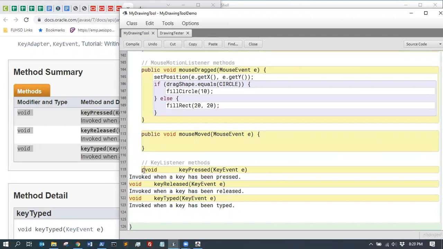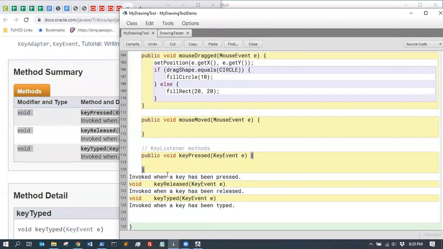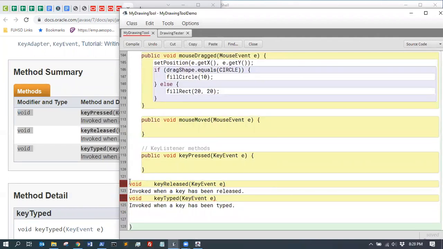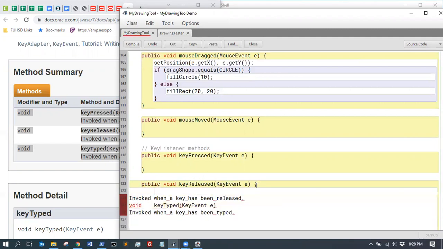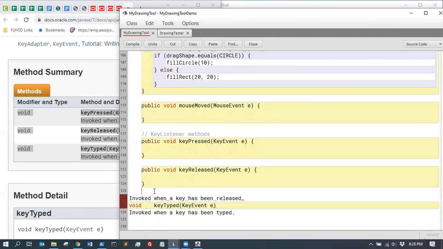Okay, and public key pressed. So notice this is going to happen when the key is pressed, but before it's been released, right? And then key released will happen when you lift the key, like when you lift your finger off the key and it's released. And then key typed